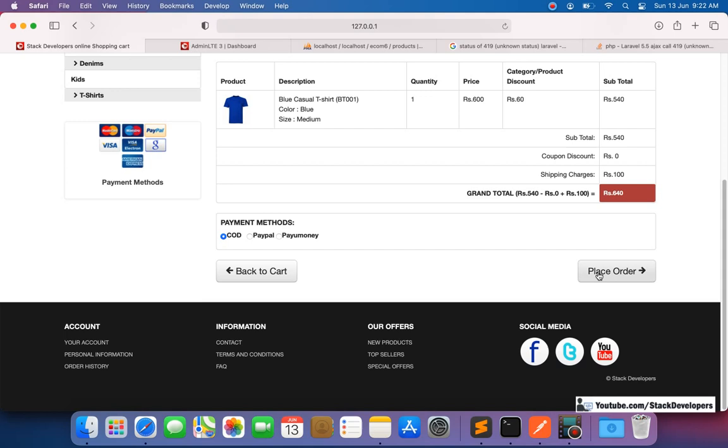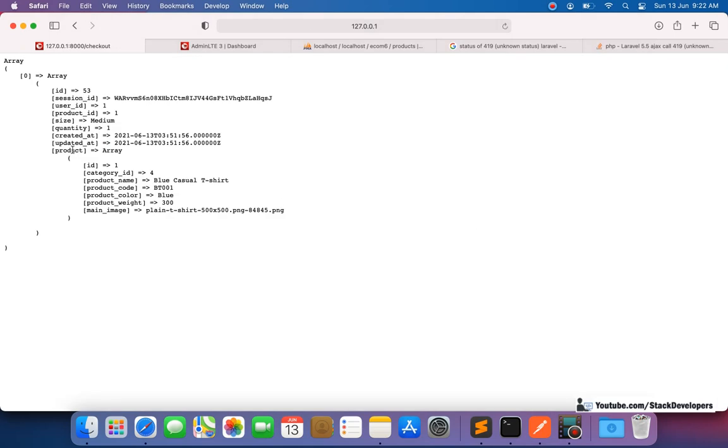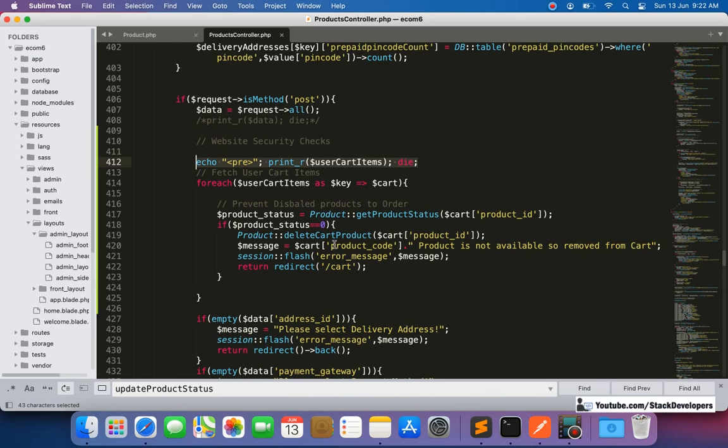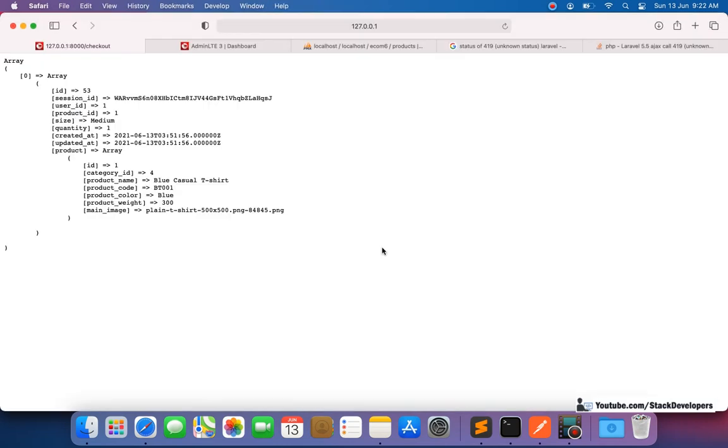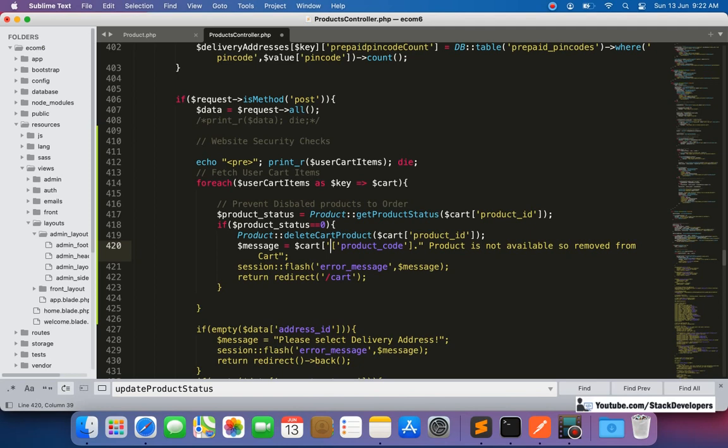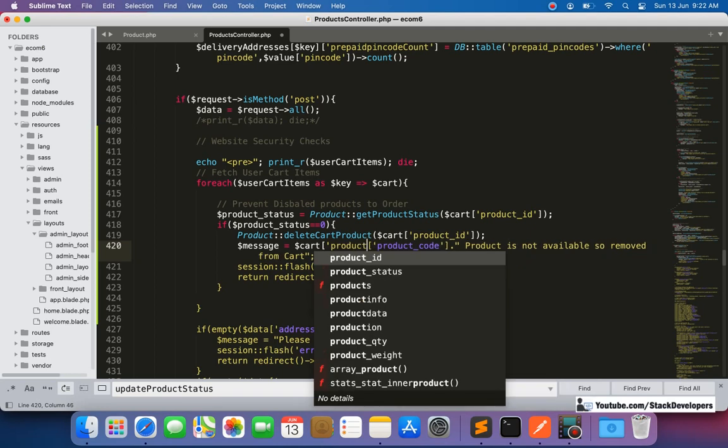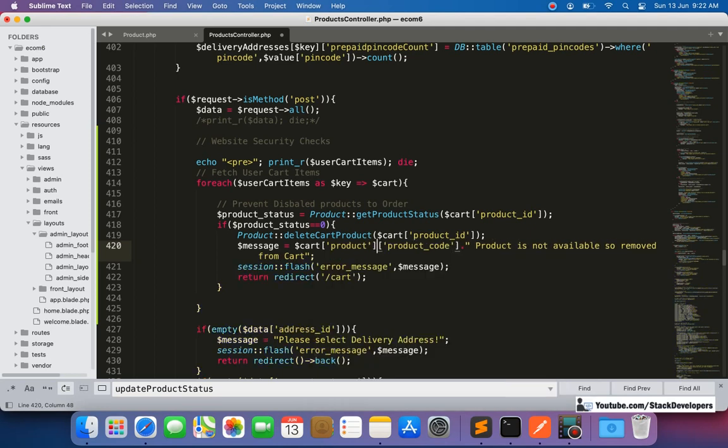Okay, so we are going to check once again. Here, see, we have the product name in product. Okay, so we are having the product name, product code as well, but it's all in product. Okay, you can see it's all in the product element. Okay, so we can pick this one here, we can make it like this. Okay, so it will show